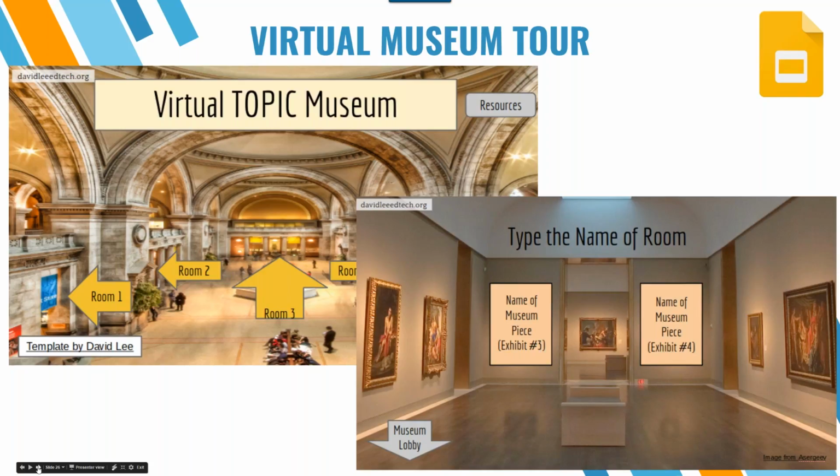So we were focusing in my class on ancient Egypt. Room 1 was art in Egypt, room 2 was religion, room 3 was the afterlife, and every room gets its own slide, and students can lead the audience around and have different pieces of information that they present. And this is one of those projects that I would definitely suggest having students present for,